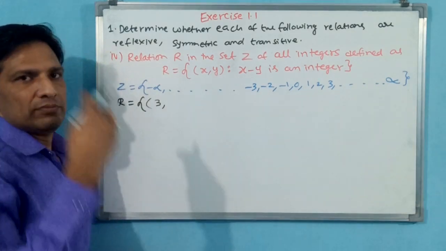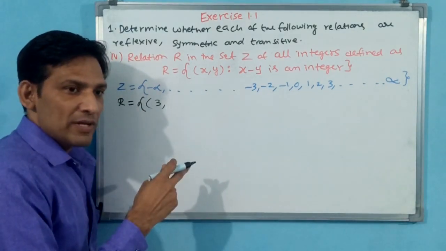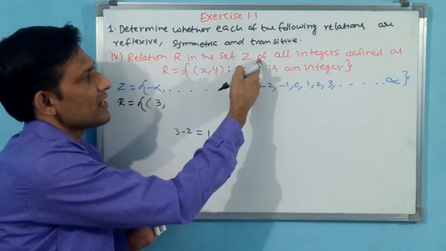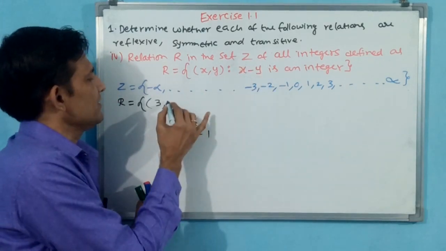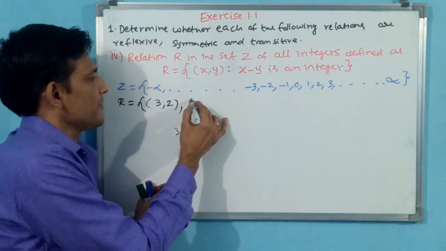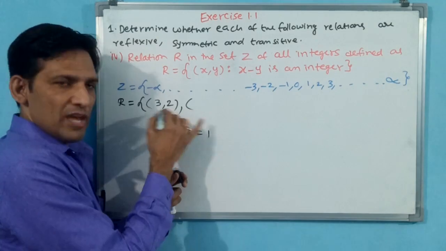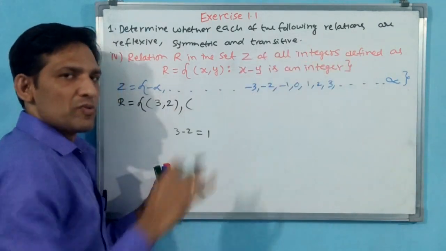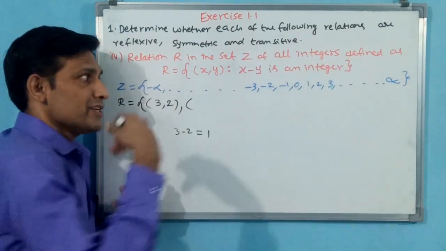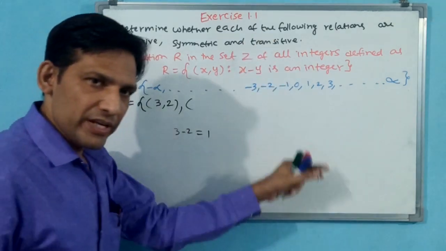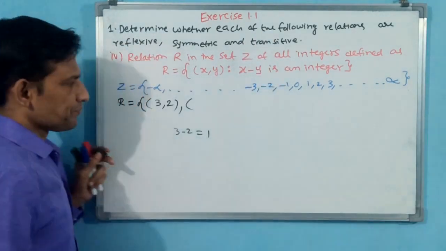Say I take 2. 3 minus 2 is how much? 1. Is 1 an integer or not? Integer. Okay, then you take 2. Both positive I have taken. Now 1 negative, 1 positive I will take. With this same number only we will do, because any number you can take, there is no control. But at least with one number, if you take, then you can get some analogy.